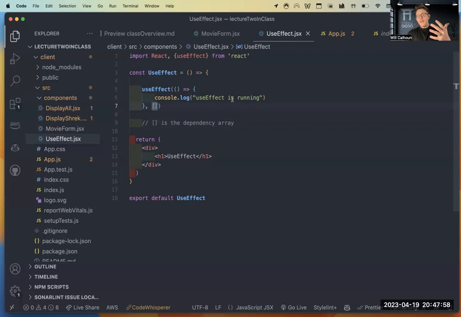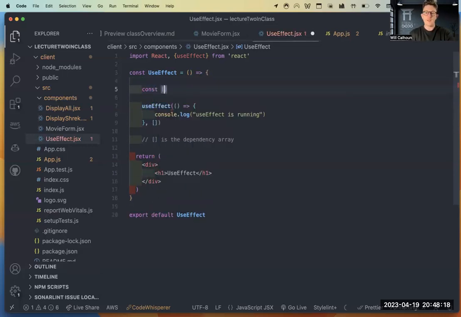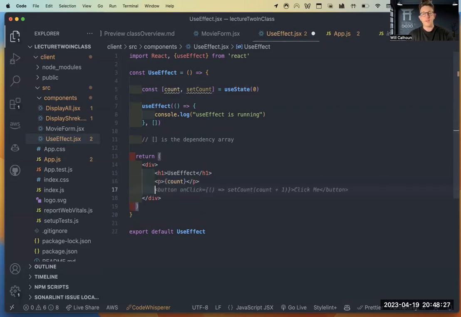We can change that and have it as something that's maybe not as basic. I mean, it's going to be basic in what we do. We're typically not going to put anything in here for the entire course, but I want you to know that it can run specifically when something changes. So let's just build out, let's say const, I'm going to say count, setCount equal to 0. Perfect. Now I'm going to have a count here, and then I'm having an onClick. What this onClick is going to do is, once this is clicked, I'm going to just set count and add 1. That's all that's happening, right?